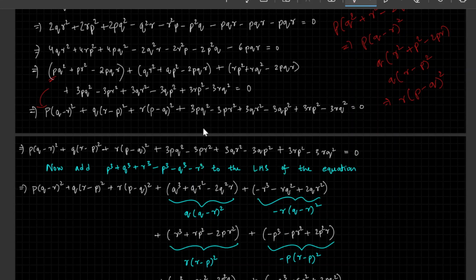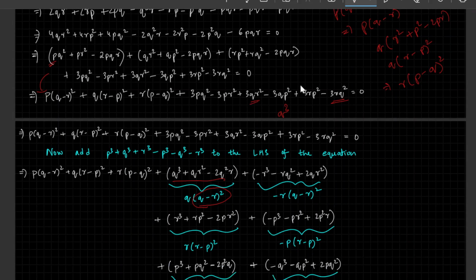Just because we need to see that we have the QR square term, and we also have the 2Q square R term. Yes, QR square here and 2Q square R. To make sure we find such an expression, (Q minus R) whole square, it's good if we have the term Q cube. So Q cube plus QR square minus 2Q square R leads to Q of (Q minus R) whole square. So this is the importance of the term Q cube.